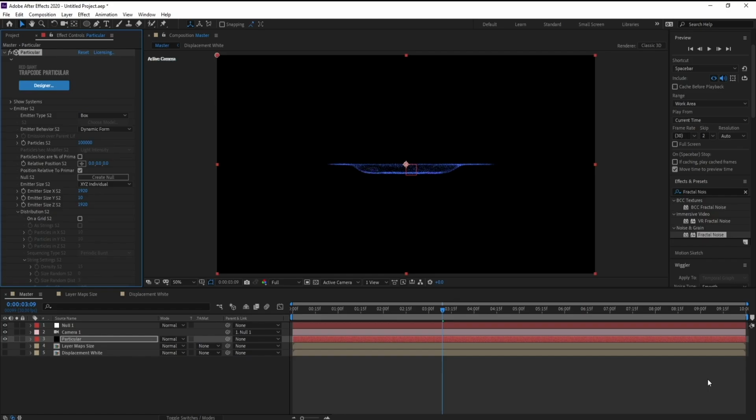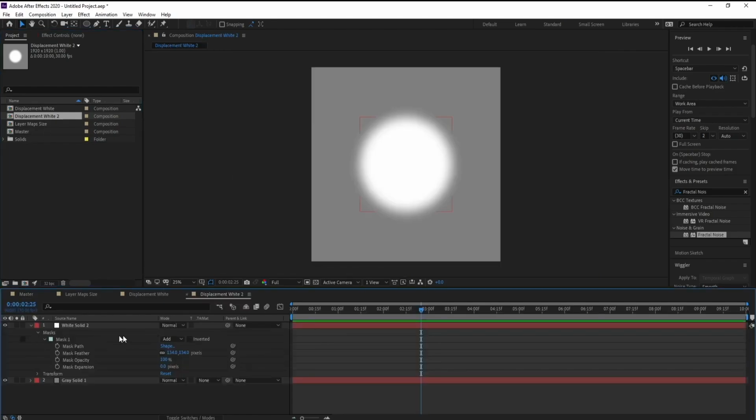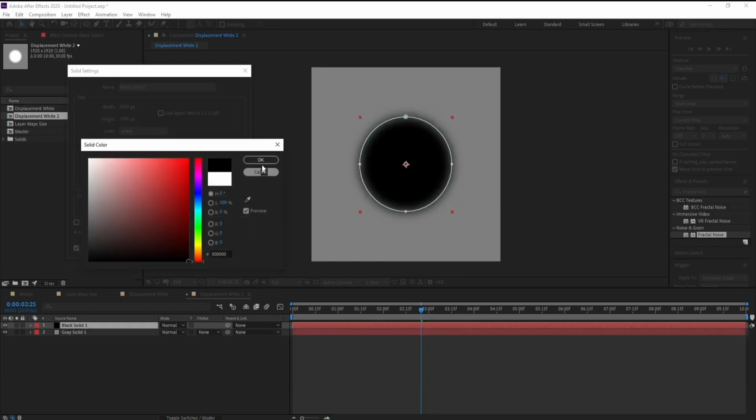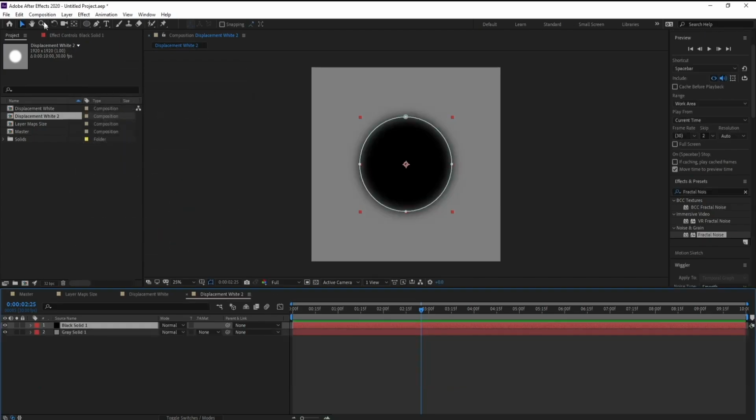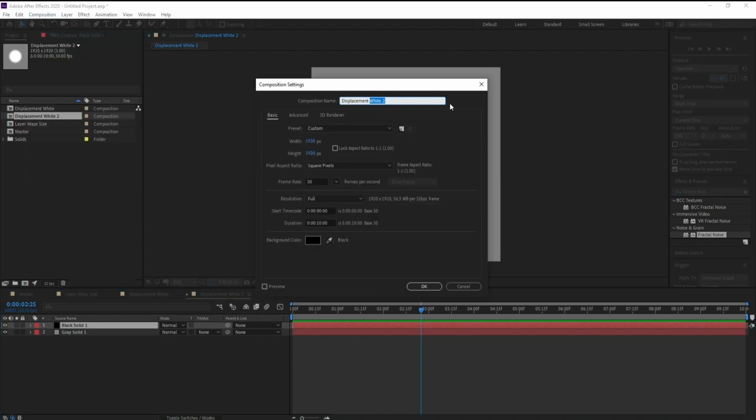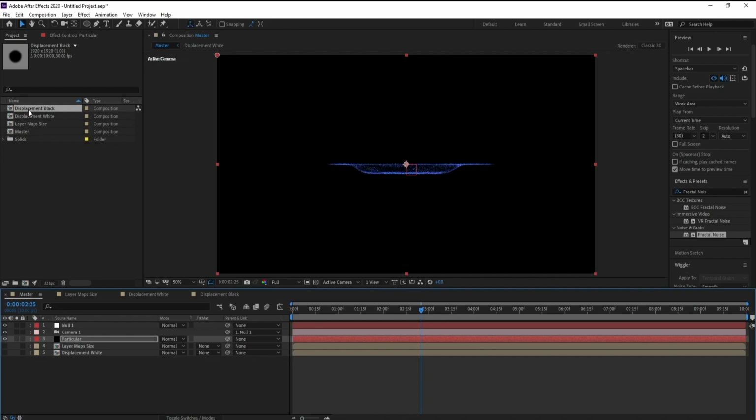So now I'll go to project. Displacement white, Control D to copy, double click to open it. Then I'll go to the white solid, go to layer, solid settings, and I'll change it to black. And also I'll go to composition settings, and I'll name it displacement black. Go to master and drop it here,